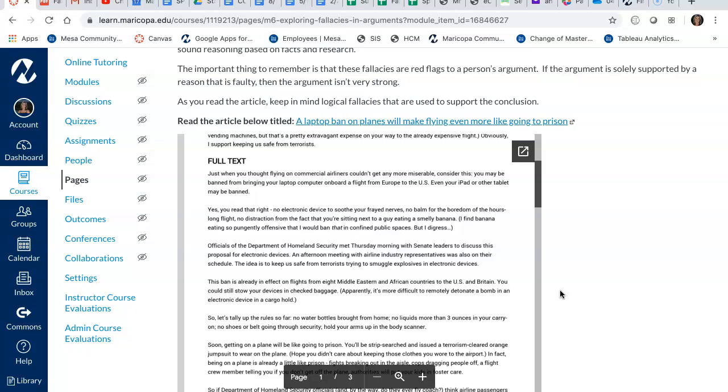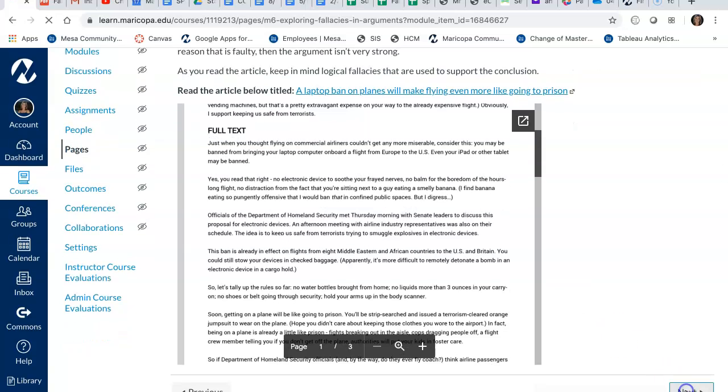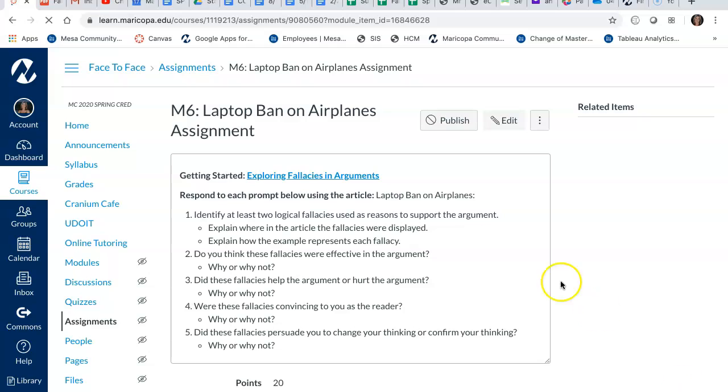So once you have read the article, you will click next and you will see the questions that I want you to answer. Only 5 questions for this assignment, but you need to be thorough in your answers. Your first question is probably going to be your most lengthy because it has multiple parts, so don't forget to answer all of them. First, after you've read the article, I want you to identify 2 logical fallacies from the argument. And the argument would be anywhere in the article.